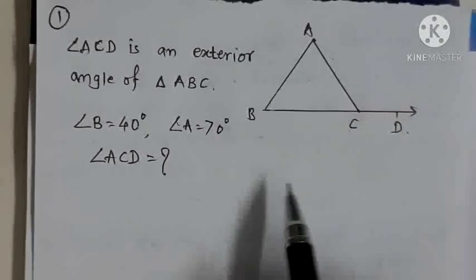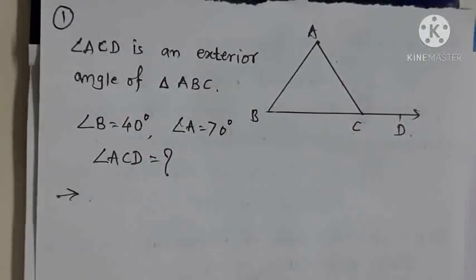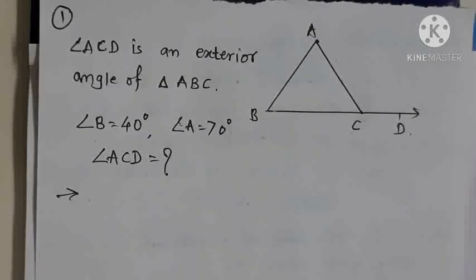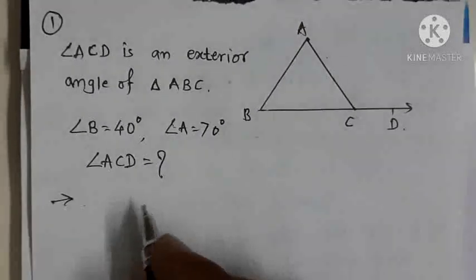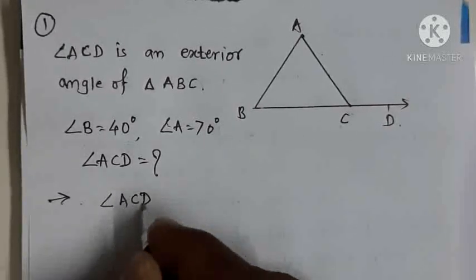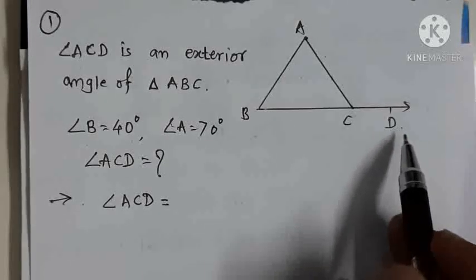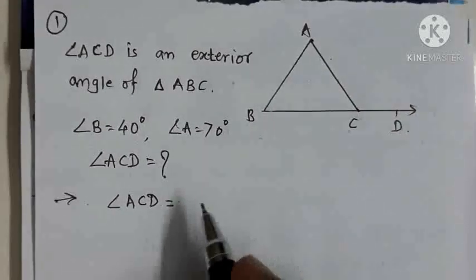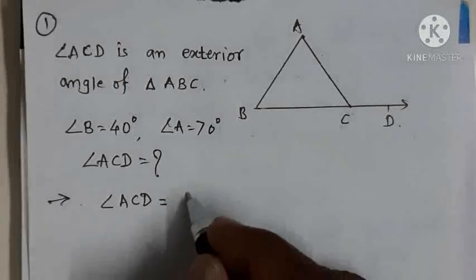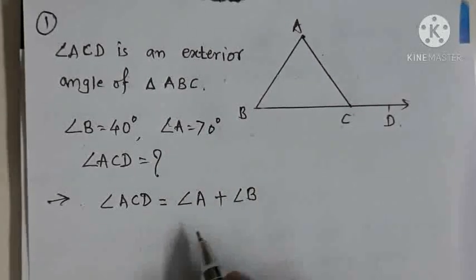Now here use the theorem of exterior angle of a triangle. Angle ACD, this is the exterior angle of a triangle, is equal to the sum of its remote interior angles, that is angle A plus angle B,